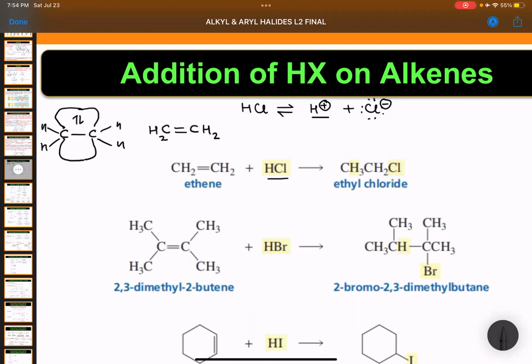Okay, so H plus is an electron loving species. It is having a plus charge, so you can expect H plus to react with it and take the reaction ahead. So that's why this type of addition is known as electrophilic addition reaction. It proceeds via addition of electrophile. Okay, so H plus will come